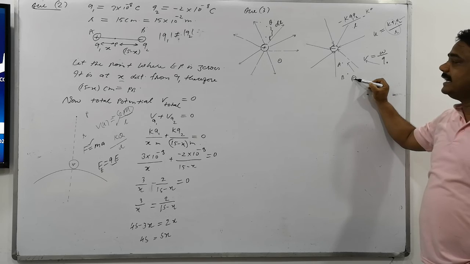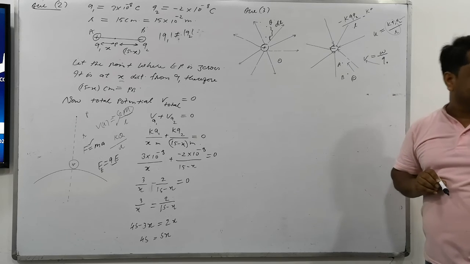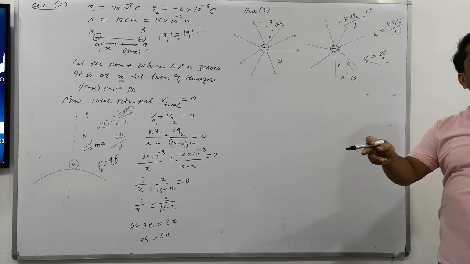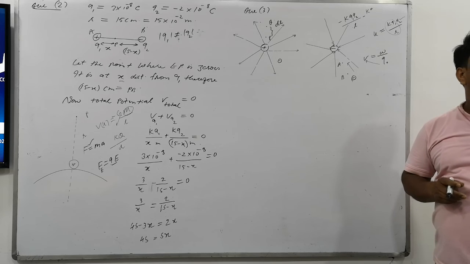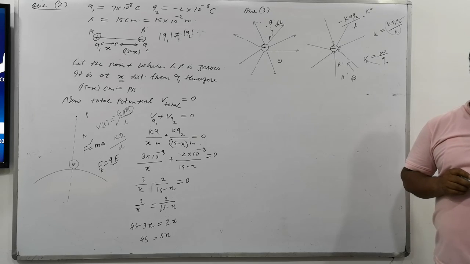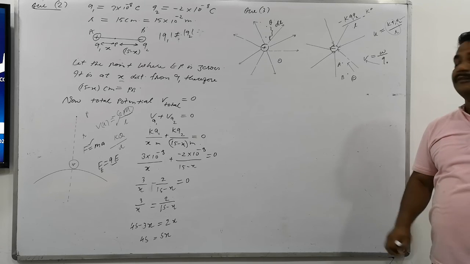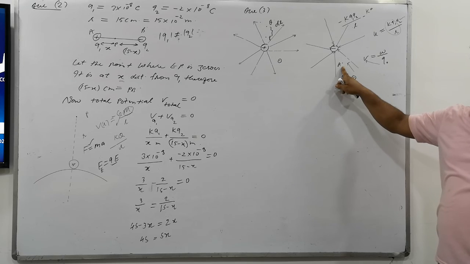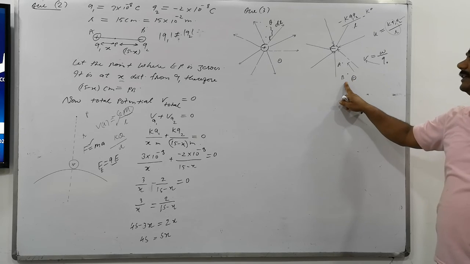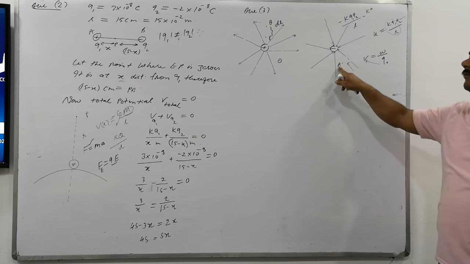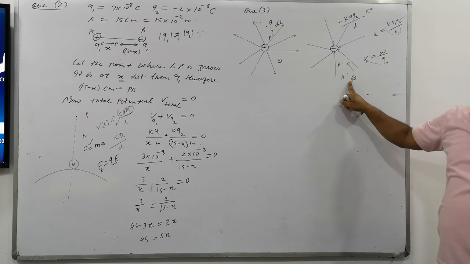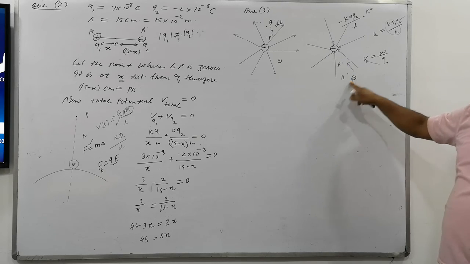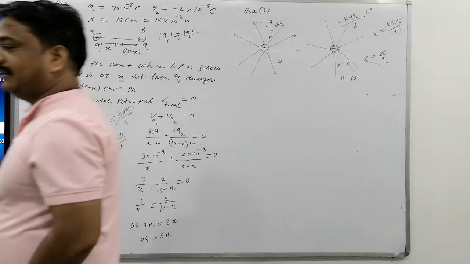When it goes closer to the negative charge, it will have to face a repulsion. So when anything is moving very speedily toward a charge of the same nature, its speed will increase or decrease? Decrease. Obviously it will decrease here. So speed will decrease. It means the kinetic energy at B will be more, or at A will be more? B. So the difference is obviously a smaller minus a bigger. The answer is what? Negative. So the sign of the change in kinetic energy from B to A is negative.